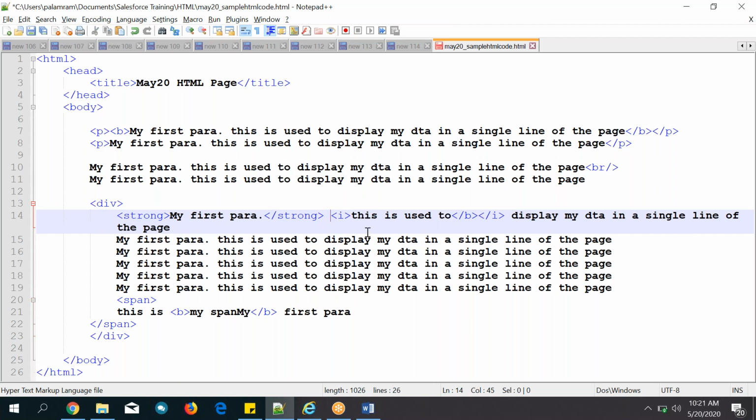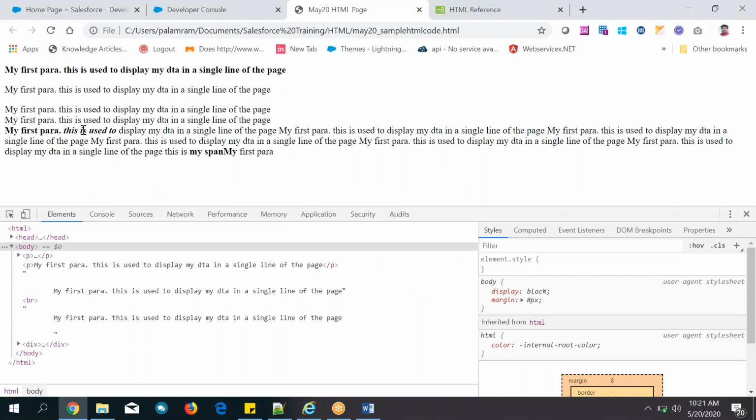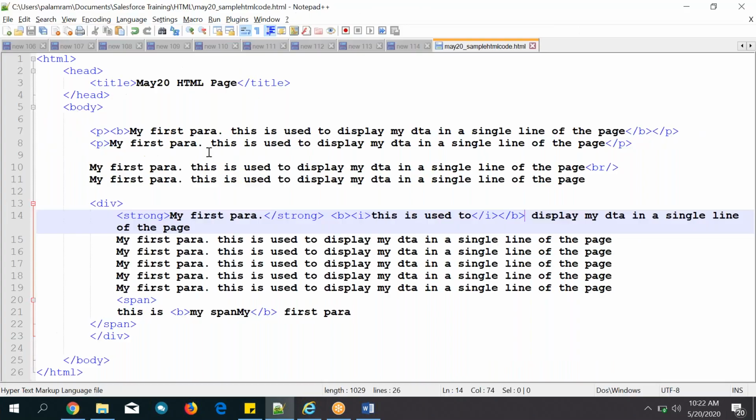Some people will think, can I use only italic inside and can't I use B outside? I have done the reverse way also. Check it here. Is there any change? No, right? Nothing will happen. If you want, you can keep I inside the B tag or B inside the I tag. Generally, we put B inside of the I. Don't get confused at starting. Going forward, you will get to know once you are familiar with this.